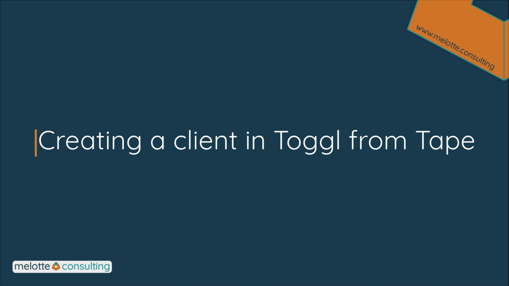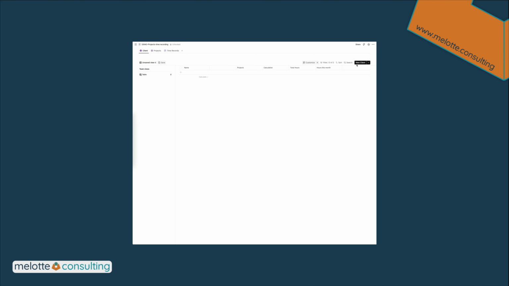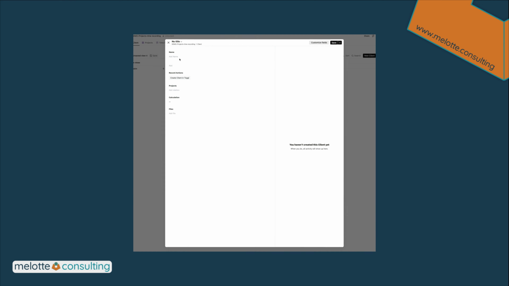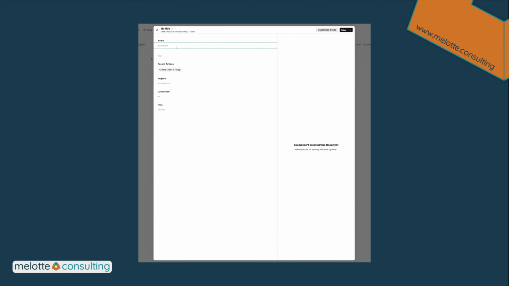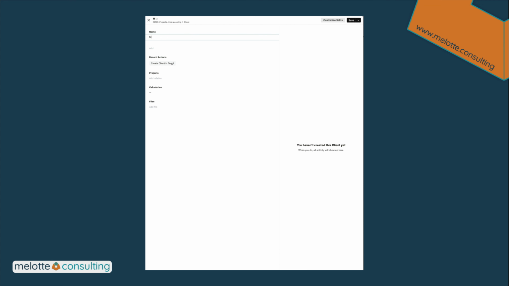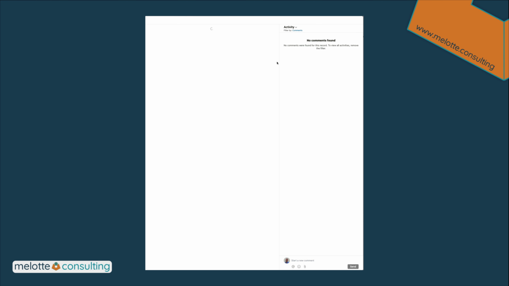Let's look at creating a client in Toggl from tape. To do that, we need a client within the tape system. So we'll create one and give it some random name. Once that's done, we can save the record, and then we'll hit our little button that says Create Client in